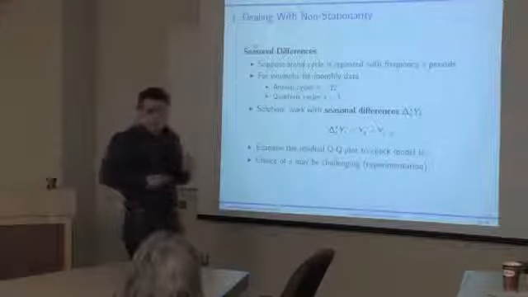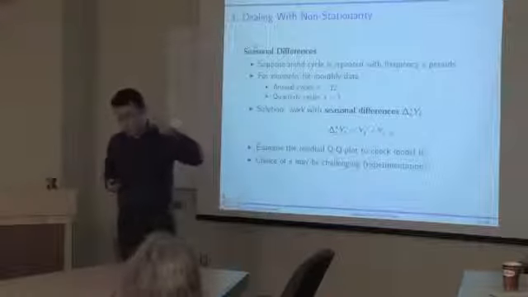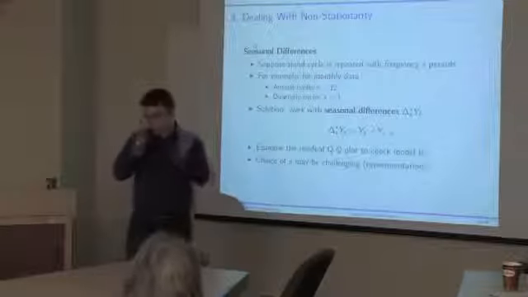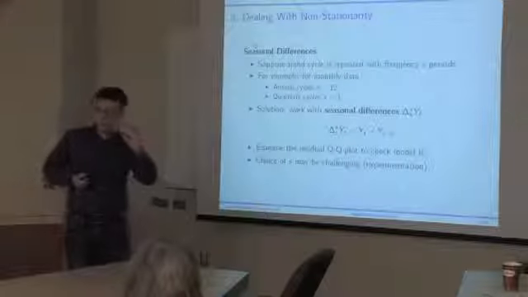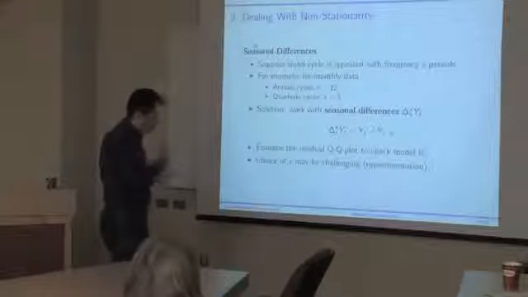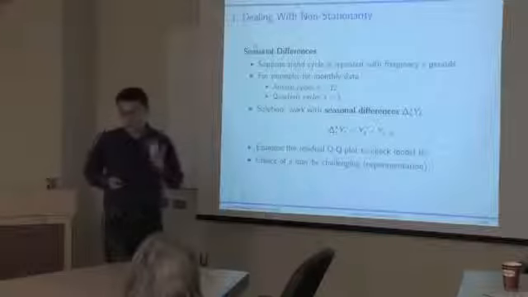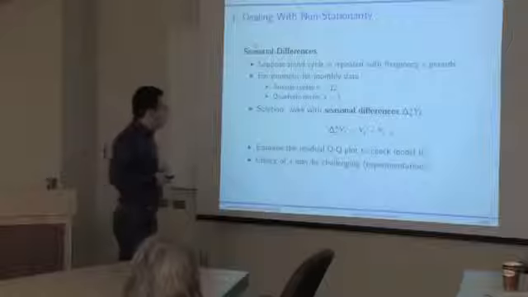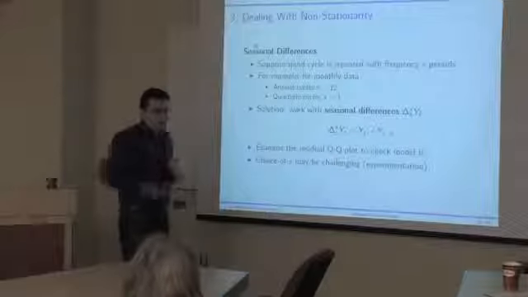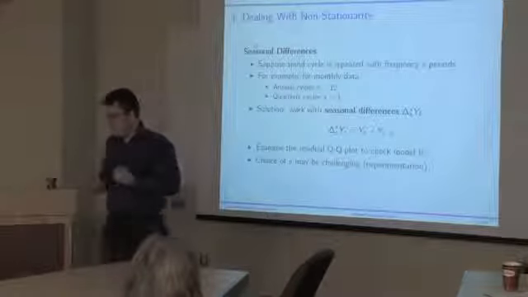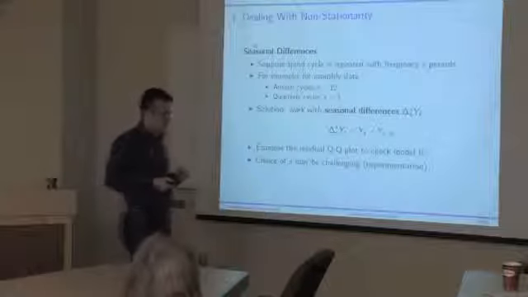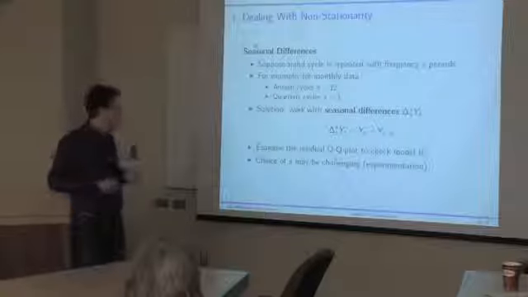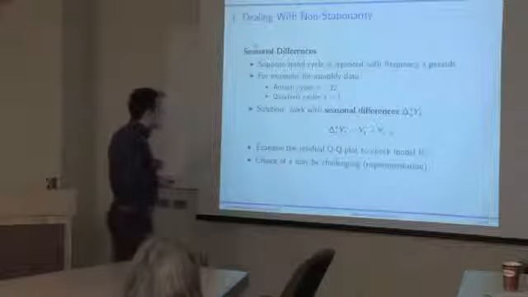So the key idea here is that if indeed the trend in your data is cyclical, and if indeed you chose your cycle frequency correctly, once you calculate these seasonal differences, the resulting series, so the time series of the corresponding seasonal differences, should be stationary and should not have any kind of cycles or trends present in it. And again, the QQ plot can be used to check whether or not that's true. So you can estimate the model using the seasonal differences and then look at the QQ plot of your residuals to see whether you still have any problems with your data.